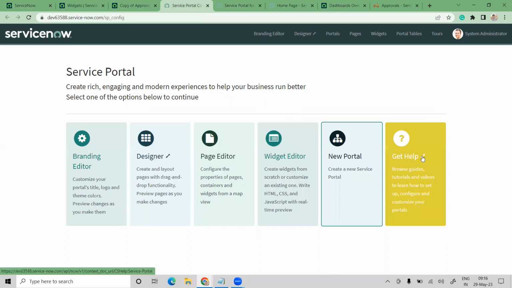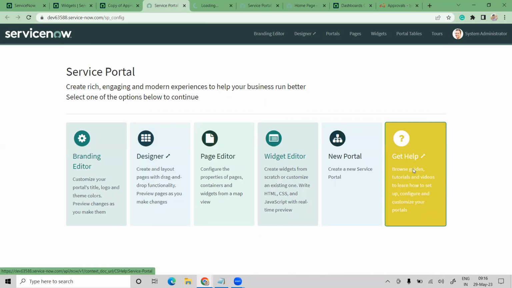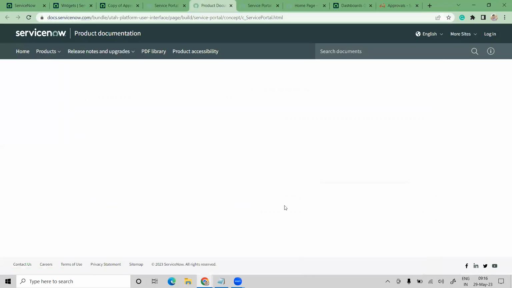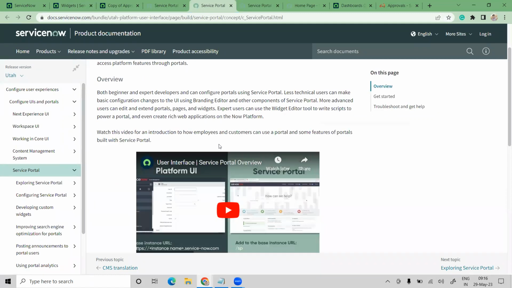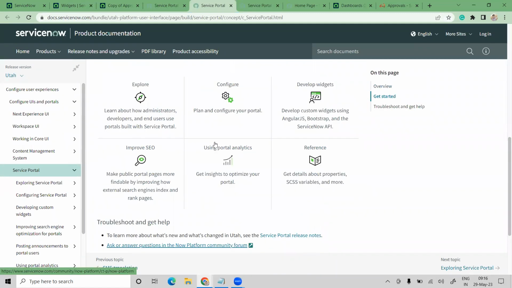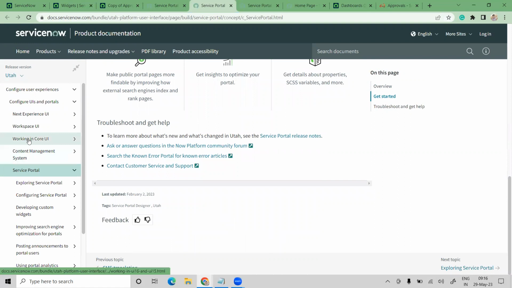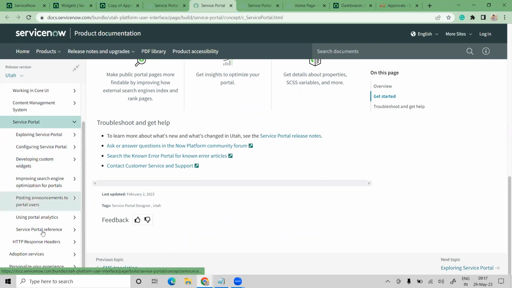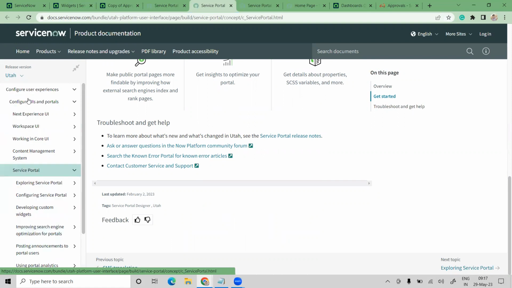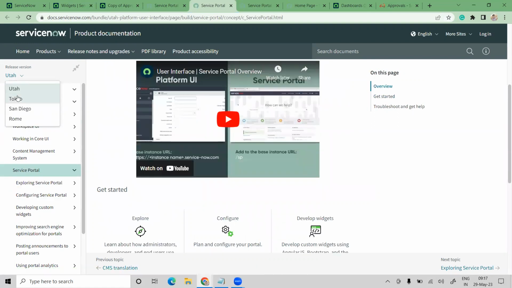And then get help. Here, if I want to get help from different documentations and tutorials, the docs.servicenow.com link is available for service portal, and here you can read and get a lot of information regarding ServiceNow. Here you have videos, text and related stuff as well. See here the service portal, exploring service portal, configuring service portal, developing custom widgets, all the details are available here. If you want to go with previous versions as well, maybe Tokyo, San Diego, or Rome, you can go ahead, but